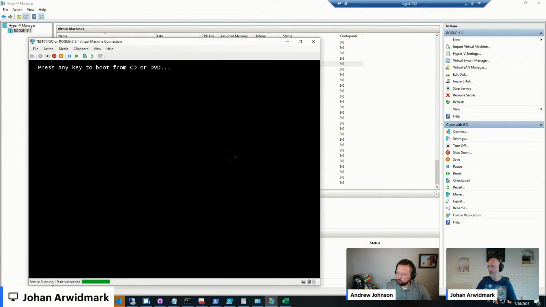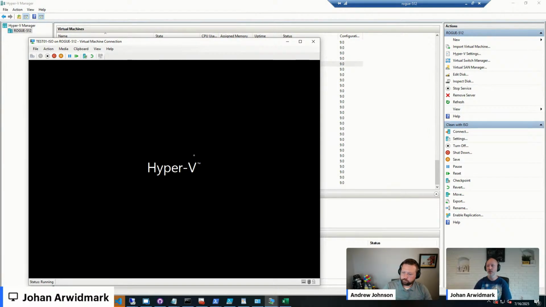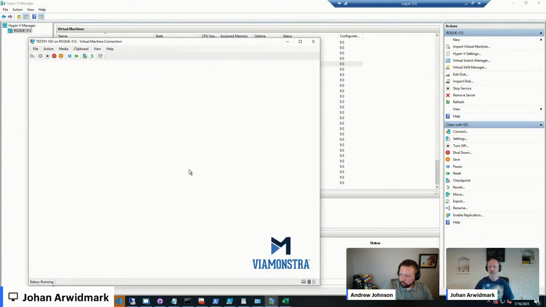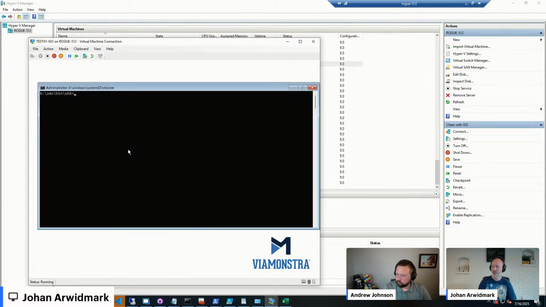So those two files you can just add to your boot image, or you can have a script that just downloads them from a web server or do a net use to a file share and downloads them to the device. But they are so small, so I don't really see the harm of having them in the boot image. So at this point, if I open up a command prompt and just connect to that server where I stored my stuff, see it all around this machine,